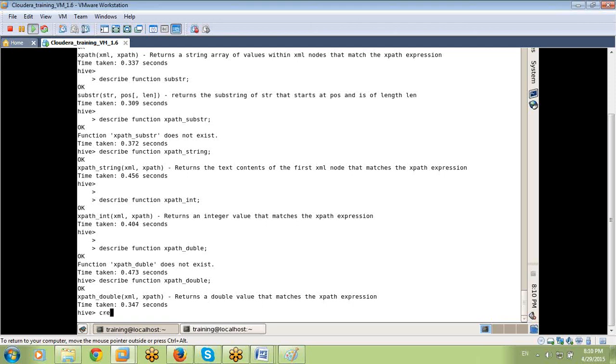Create table, table name, tell me one column list, column and data type. Anything is fine, for example column 1 string, column 2 integer. Not required, I'm taking it just for your clarity. Semicolon, enter.